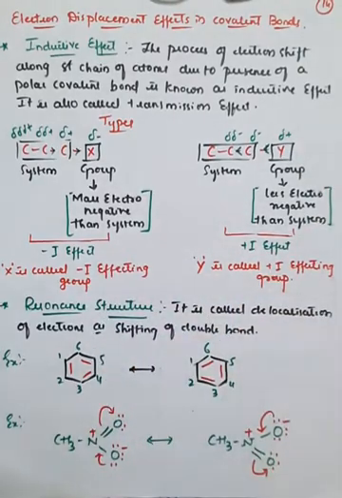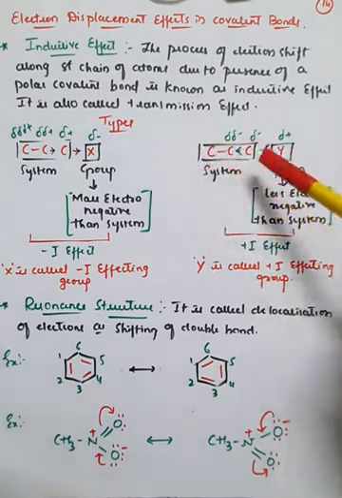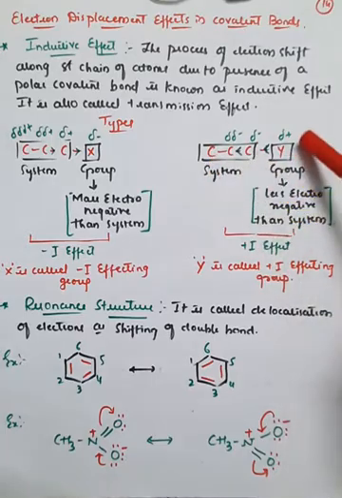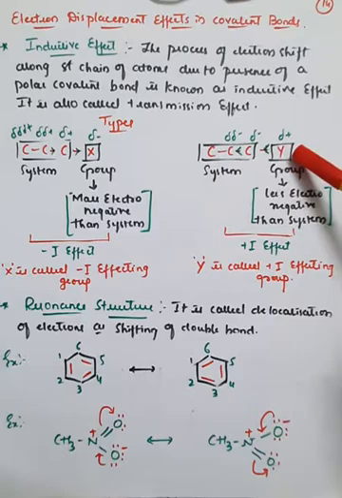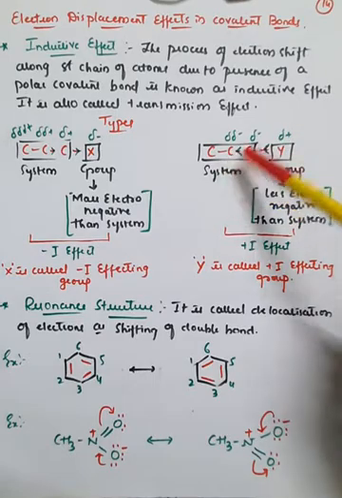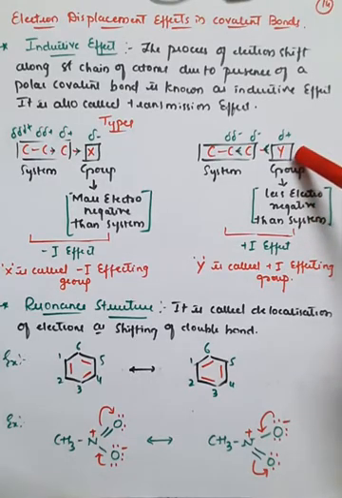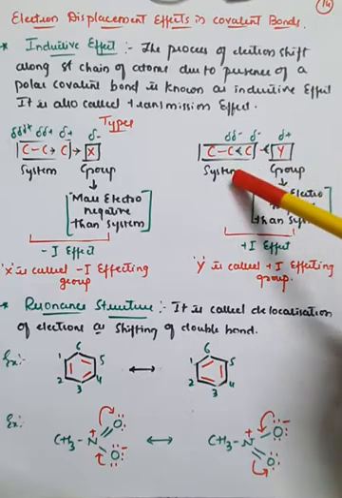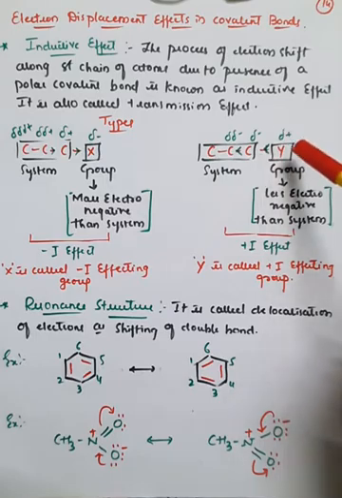So if you go for one more example, or the second kind of inductive effect, that is called the plus I effect. Again, the same molecule I have taken here as a carbon chain further bonded with the group, right? So the carbon chain is considered as a system. In this, the electrons are moving from group to system because the group is less electronegative than the system. Observe here, the group is less electronegative when compared to the system. Therefore the electrons move in the reverse direction. So in this condition, electrons move from Y to the system, that is group to system.